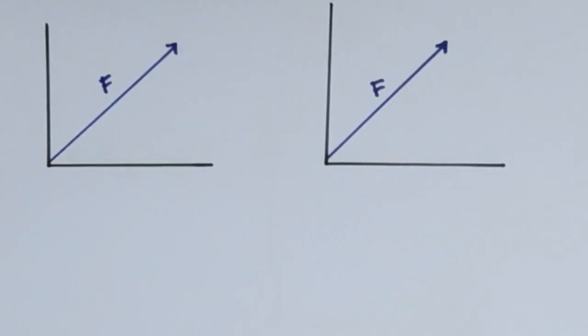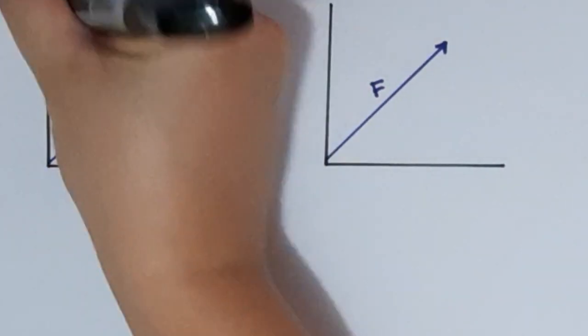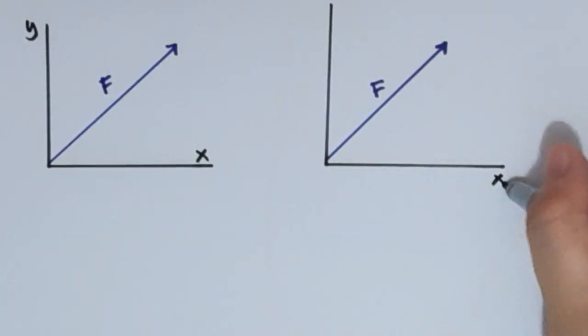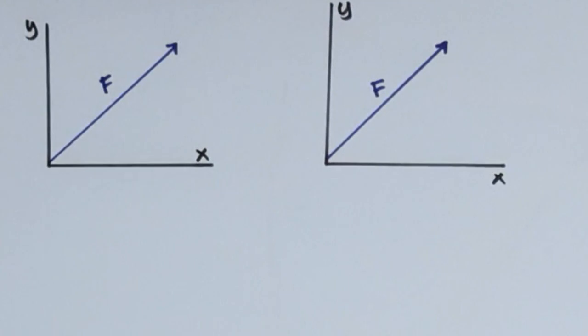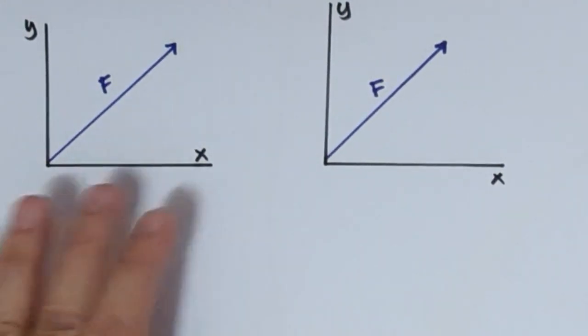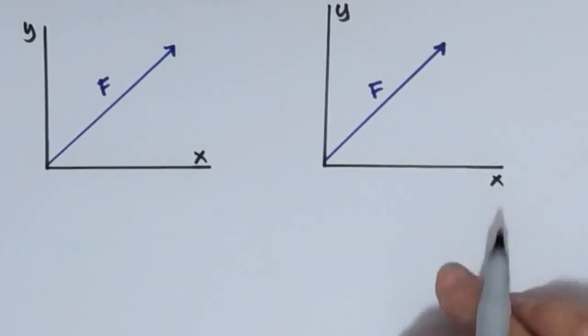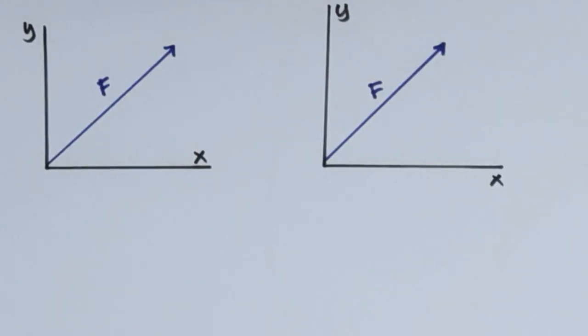If you look here, you can see two pictures. My force is lying on the xy plane, both of them in the xy plane. Here, I will draw the scalar notation, and for this one, I will draw the Cartesian notation. So, what is the difference between the two? The main difference is, for scalar notation, we represent our direction by a positive or negative sign,